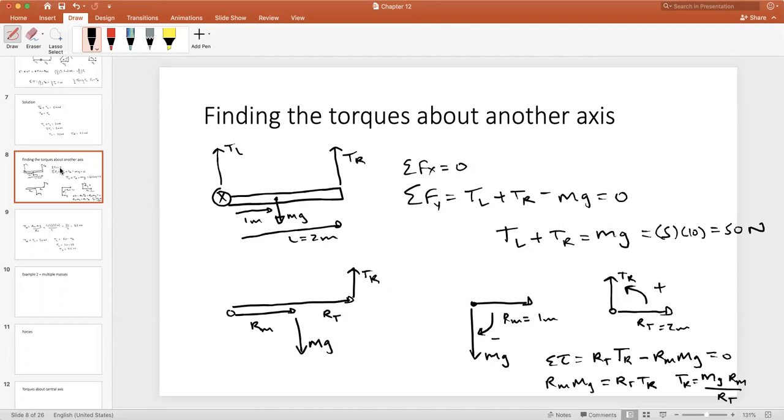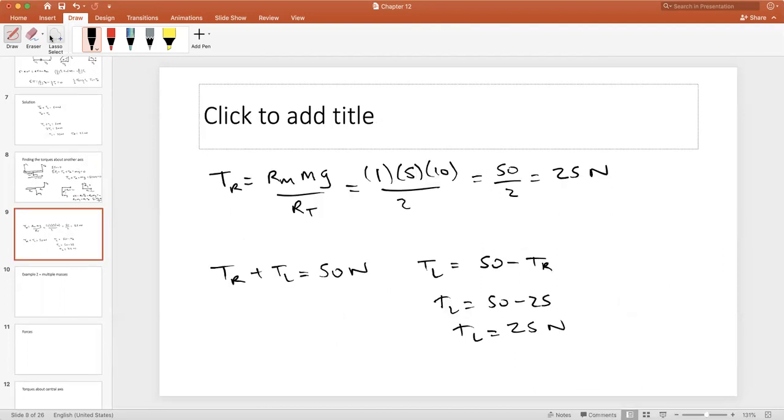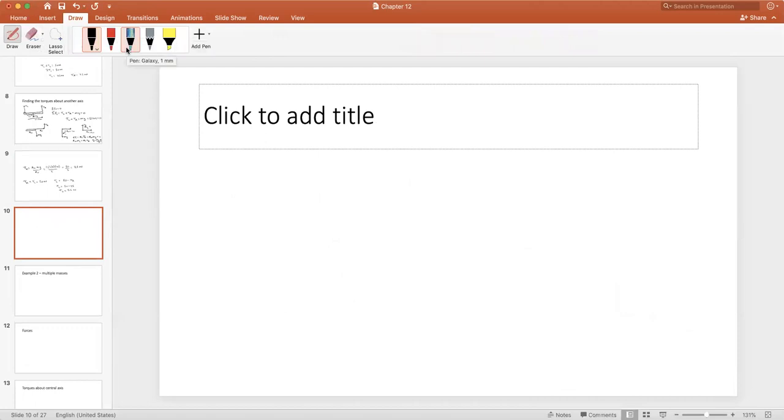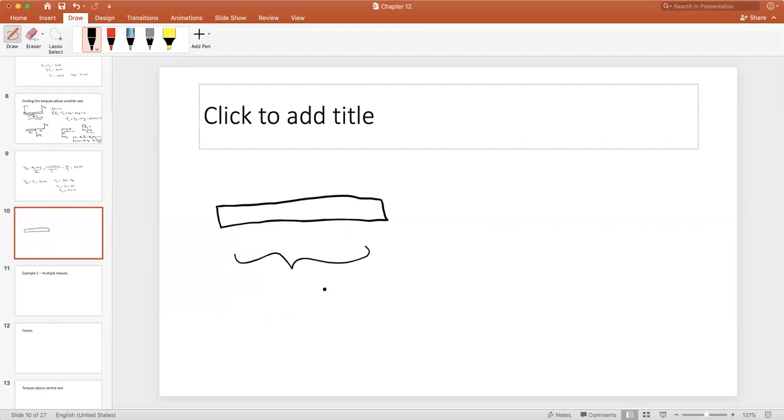Sometimes it'll get rid of unknowns that you have but you don't want to consider. We'll talk about that later. But there is one last thing that I want to bring up with this simple example, and that is, what if the object isn't actually in static equilibrium? How would you know? So let's imagine our bar again,